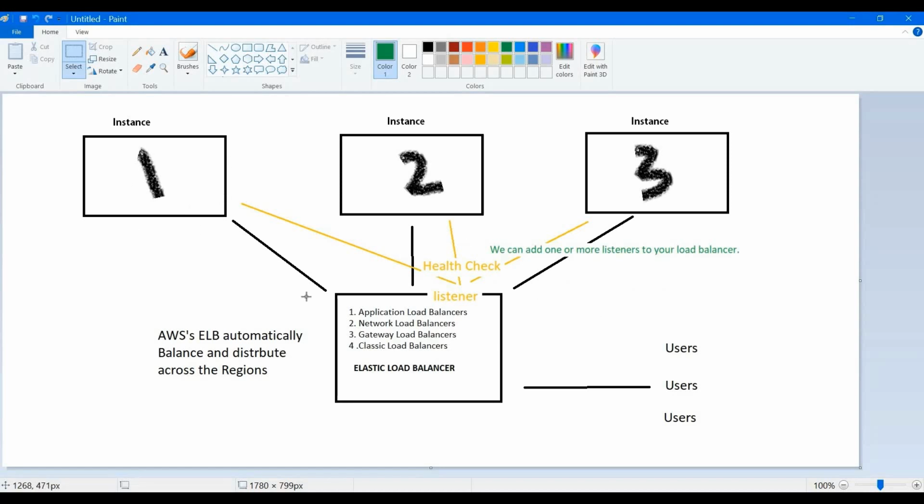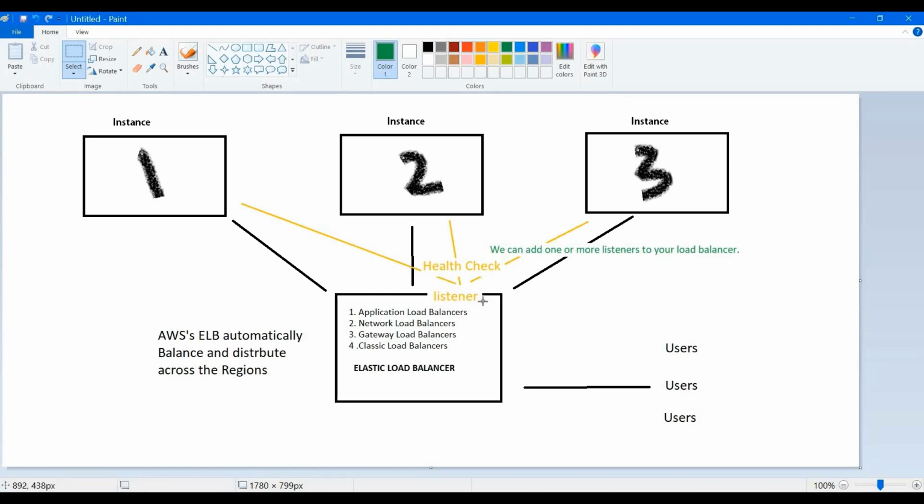Suppose there are three instances: 1, 2, 3. A load balancer automatically balances and distributes the requests among them. While creating the load balancer, I will show you that each instance is known as a target. Suppose instance 1 is in region A, instance 2 in region B, and instance 3 in region C. If any region goes down due to some disaster or anything, it will distribute those requests to the other instances.